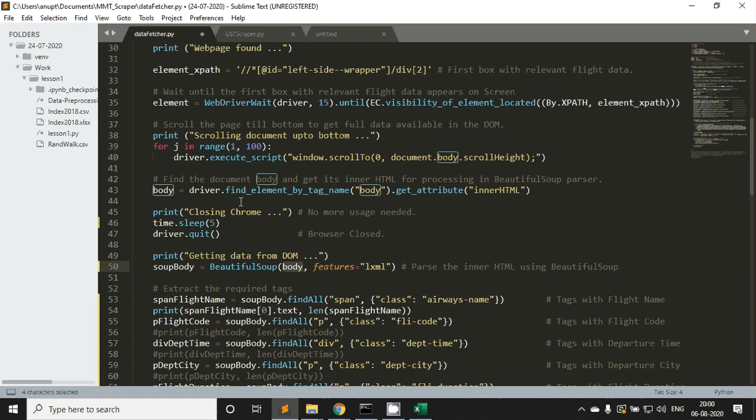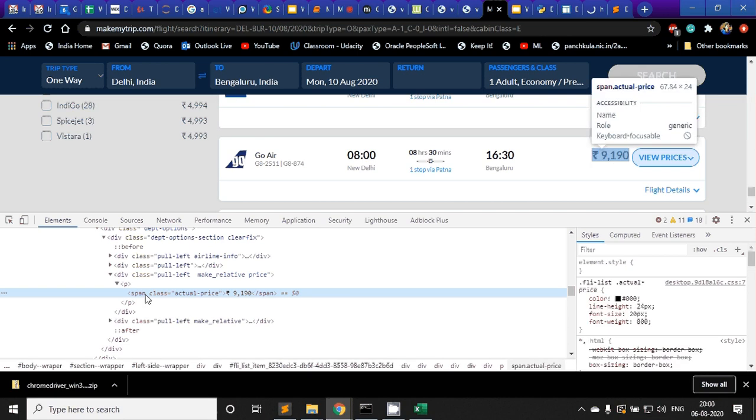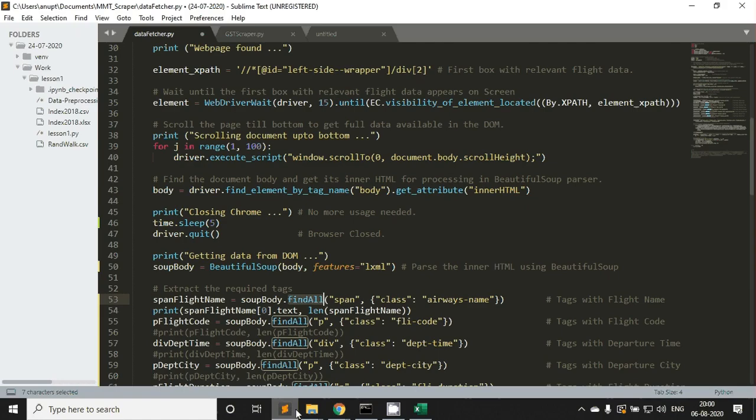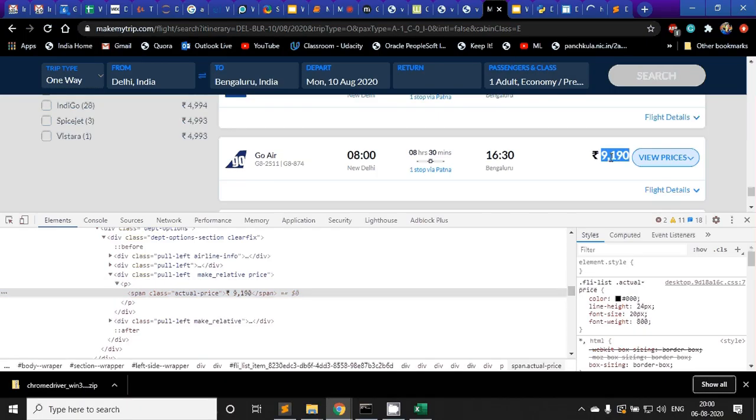So we could not directly do this find all. Let's say I check there. Let's do this once again. When I click this and inspect this, I see that I have a span of class actual price. Ultimately, what I would want to do is take this out. I would want to search for a span with class actual price, right? To enable that, we use a parser. Simply, it's just one line of code.